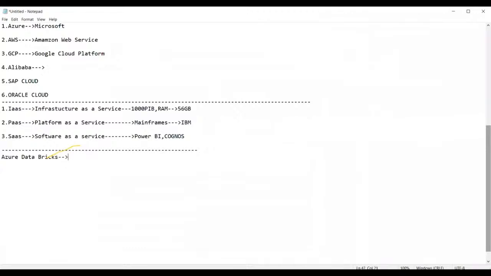which is provided to perform the job of extraction, transformation, and what is that? Loading. The Azure Databricks is a service of Microsoft provided to perform the job of extraction, transformation, and loading. Okay guys, now when it comes to Azure Databricks, let us try to understand this ETL with